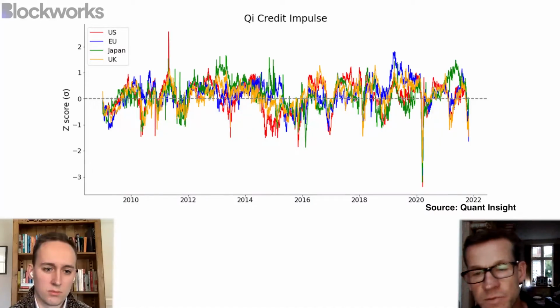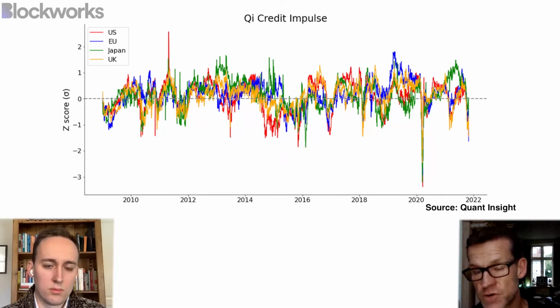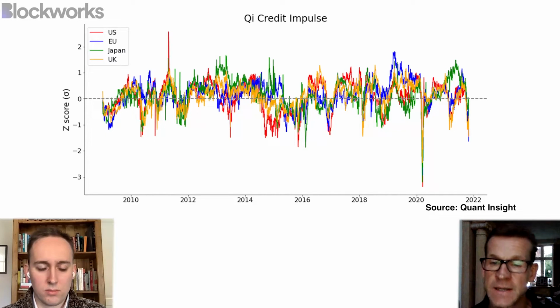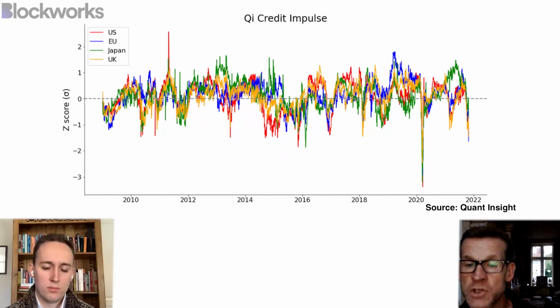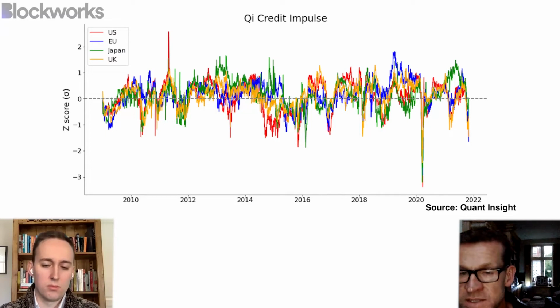And that's the chart that you see before you now, which just measures that credit impulse. If you're north of the line, credit conditions are getting easier relative to trend. If you're south of the line, then credit conditions are tightening relative to long-term trend. You can see we've had easy conditions in credit terms for much of the post-March 2020 lockdown period, but they started to roll over aggressively in the last few months. And in many cases, certainly apart from Japan, in the US, Europe, and the UK, we are now well below trend